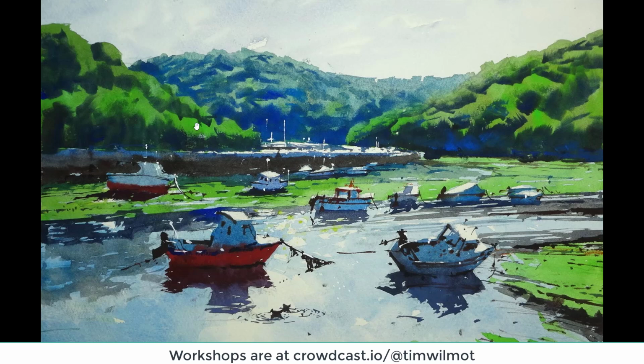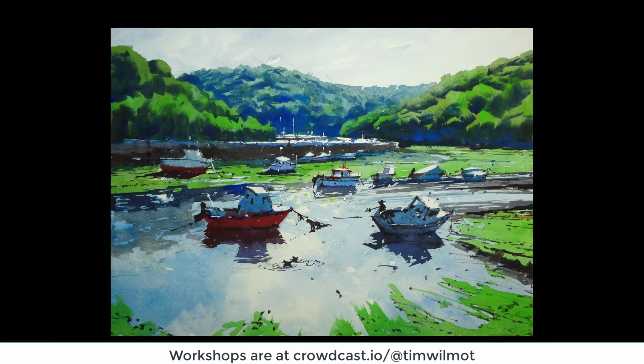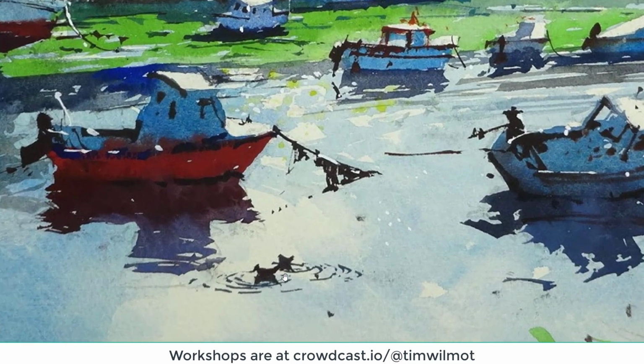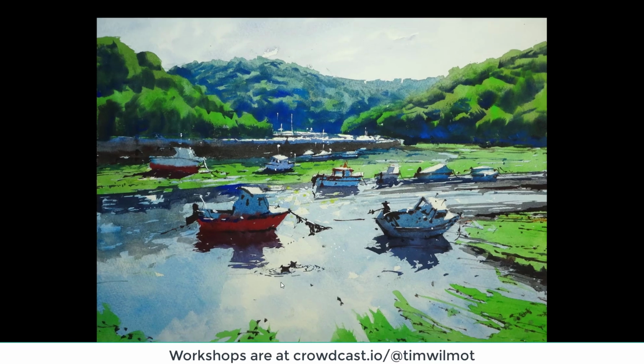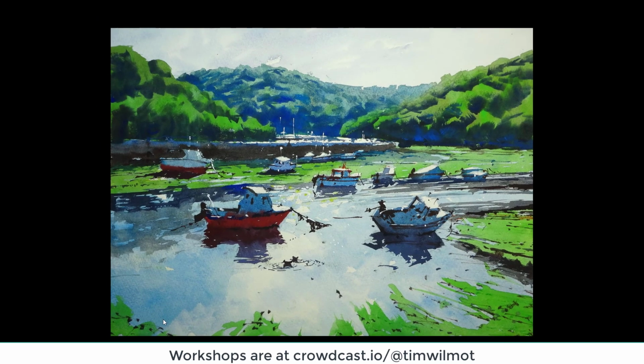Then the woods coming closer to us, the woods left and right. Those various boats and craft lean at angle, particularly pleased with the red boat there and this boat leaning a little bit more, and the reflections. I included a couple of seabirds there, creating a little bit of disturbance in the water, and then changing the shape of the near side bank as well with the pattern